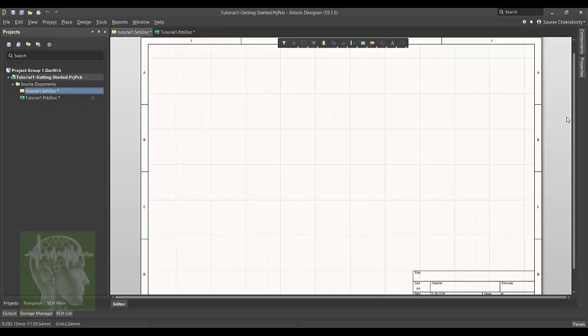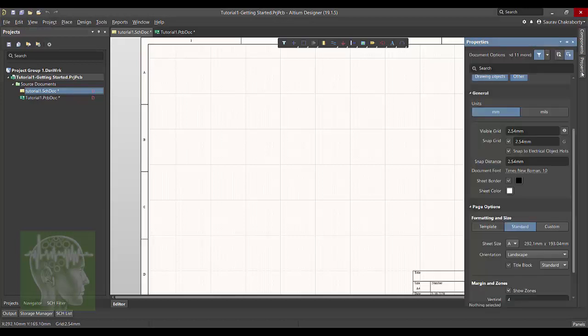Now the next thing I'm going to explain about component, properties and a little bit about the settings, which is preferences. Now if you select the schematic and then select properties, you can see multiple properties. Among them important is the unit. I am going to use millimeter. Similarly, multiple options are there like text size, text font, different options you will be having here.